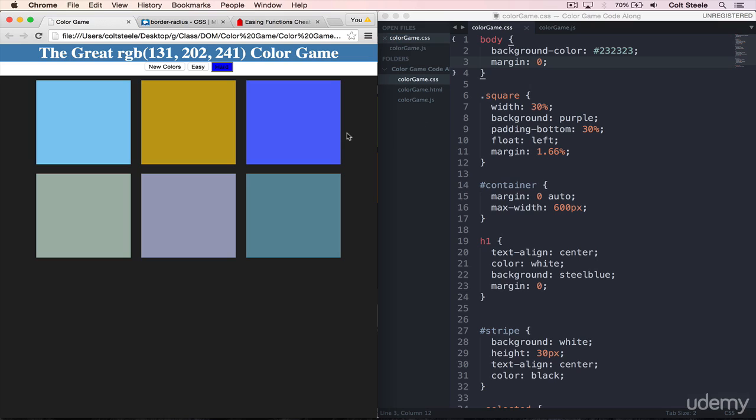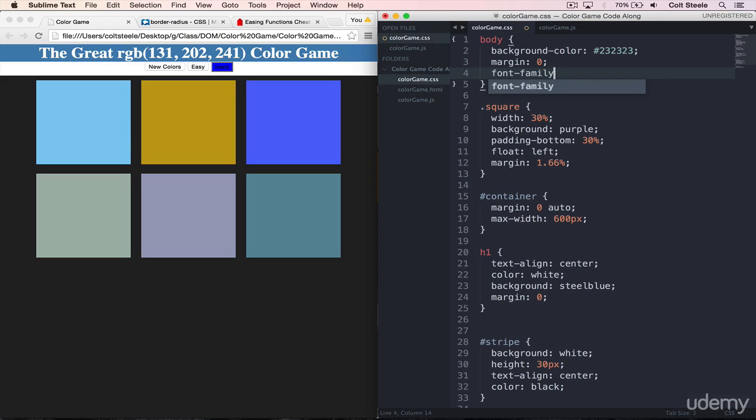Okay, next up, let's focus on the font. So the font is going to be the same for all of our elements, the buttons and the H1 and the span here. It's all the same font, slightly different font weights. And we're going to use just one of the built-in fonts, the system fonts, which is called Avenir. So that's going to be font-family